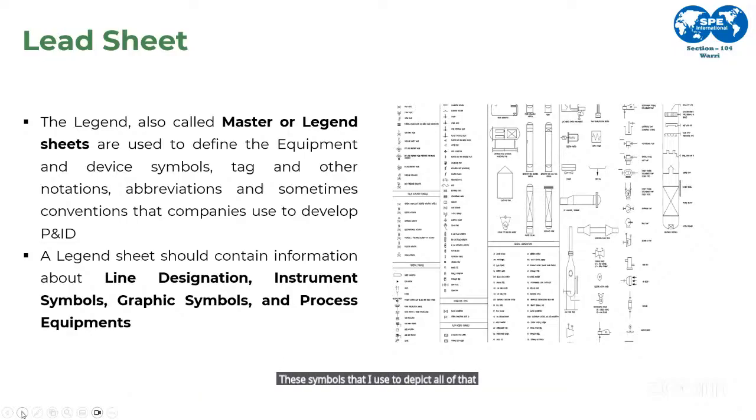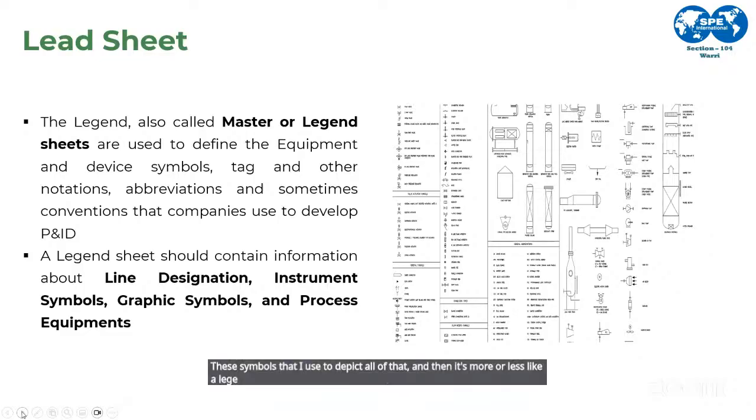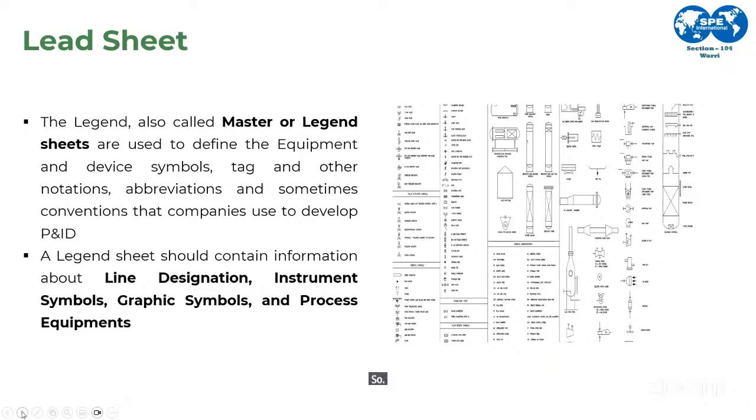And then it's more or less like a legend. And that now helps you to decode the map very well. On that, you're able to see line designation, the instrument symbols, the graphic symbols, and the process equipment. So speaking of the P&ID sections, which is the next slide we are looking at, the P&ID basically